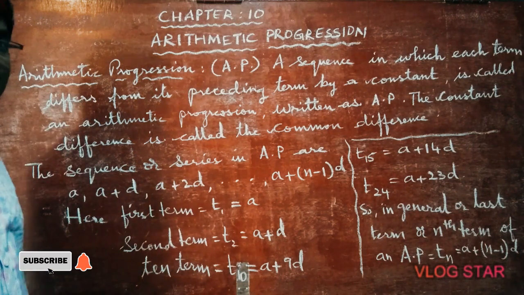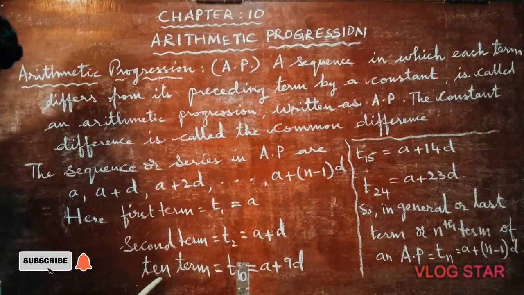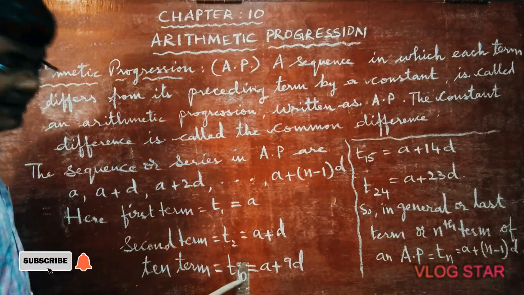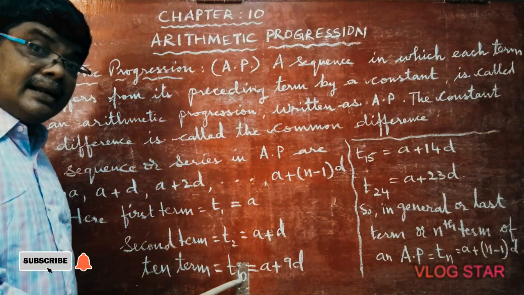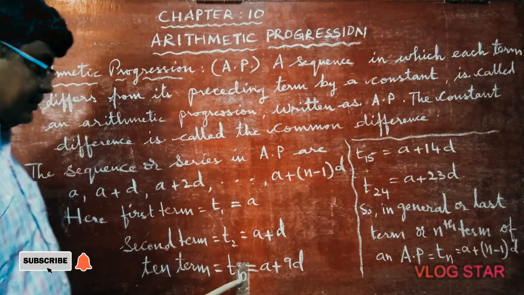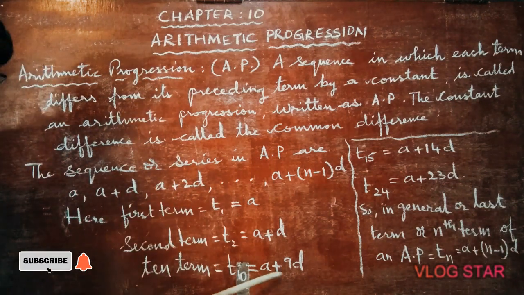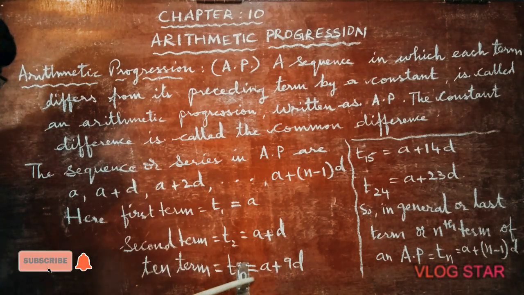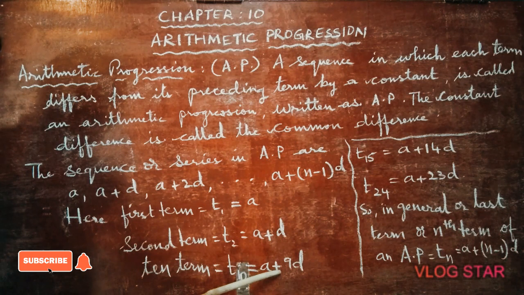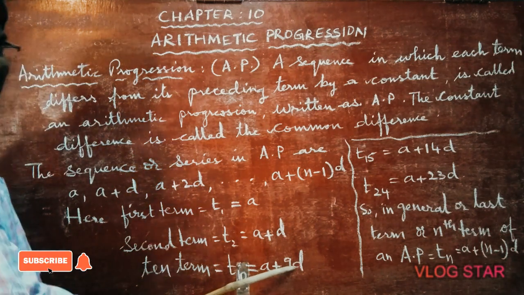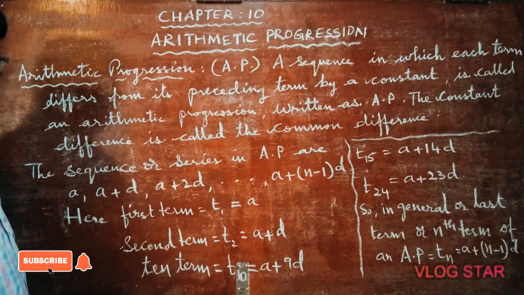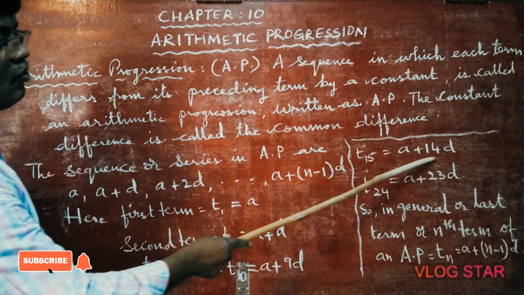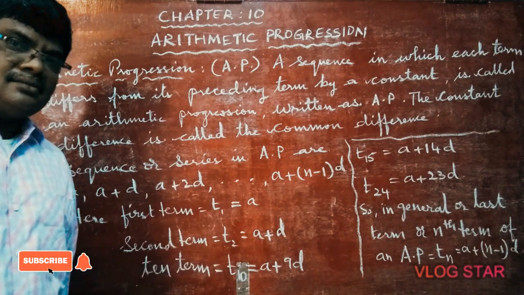We are in arithmetic progression. So, 10th term of an AP, we write in shortcut T10. What is the meaning of T10? 10th term. How to write 10th term? Just write one less. Here 10 comes, one less means 9: A plus 9D. Practice. Suppose 15th term, 15 means one lesser: A plus 14D. Like that you practice.